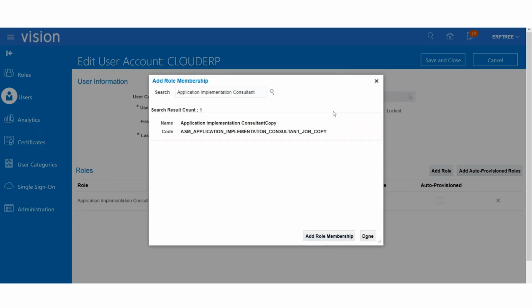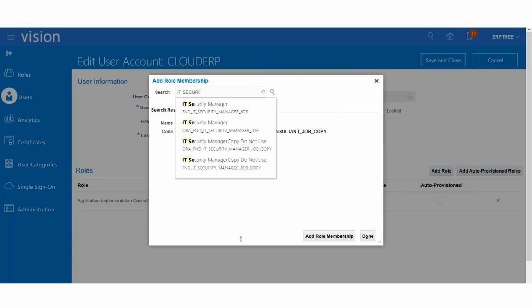Say okay. We want to assign one more role called IT security manager. Here also it's the same case. The IT security manager job starts with FND, and here it starts with ORA.